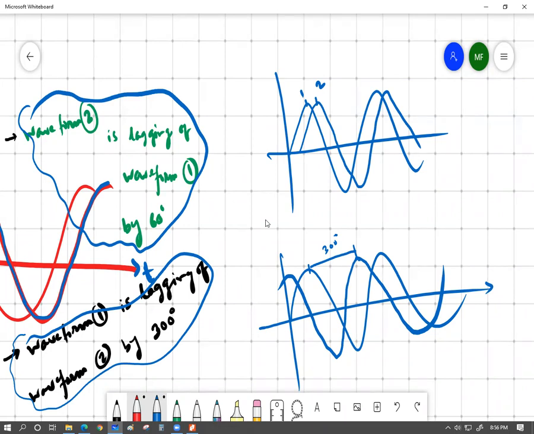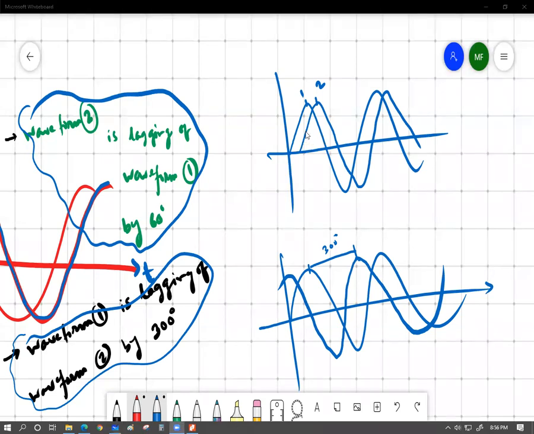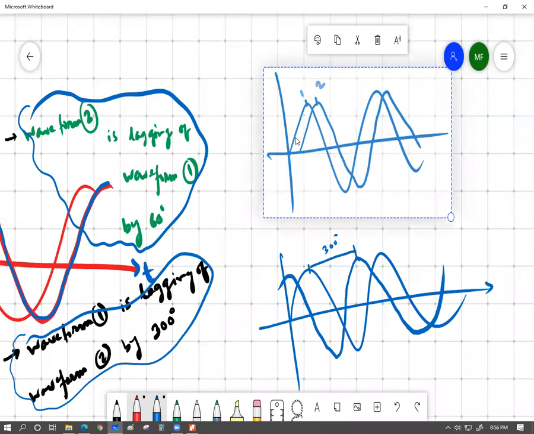With respect to each other they are maintaining the same spacing. এটুকু বুঝছো কিনা? জি স্যার। With respect to each other they are maintaining the same spacing. That's basically what the idea of leading and lagging is. বুঝে গেছে? স্যার বুঝতে পারছি স্যার।